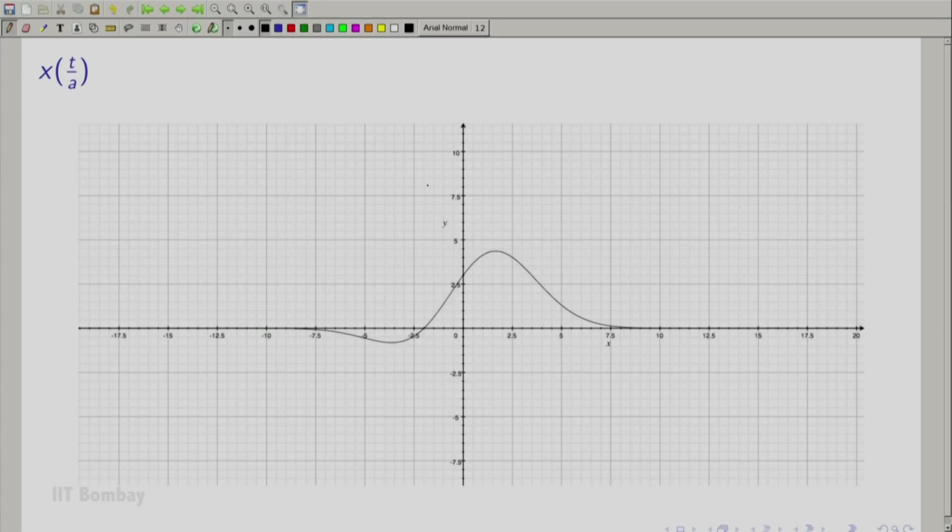Now we move on to shifts, which is x of t plus b. Remember that t is positive here. As you can see, the graph of the function has shifted to the negative real axis. Remember that t is positive. This might cause some confusion among the students. Ashwit here has something more to say on this. I hope what he says makes you understand it a bit more.